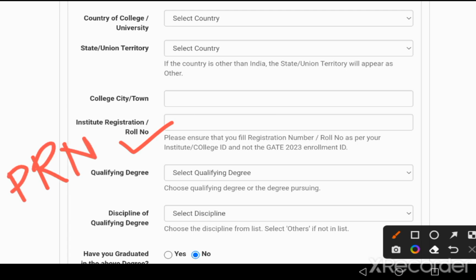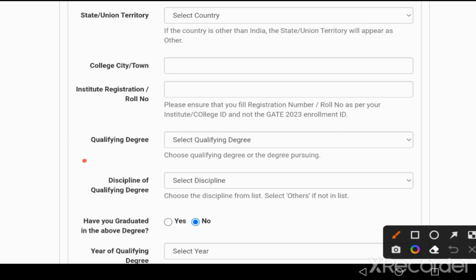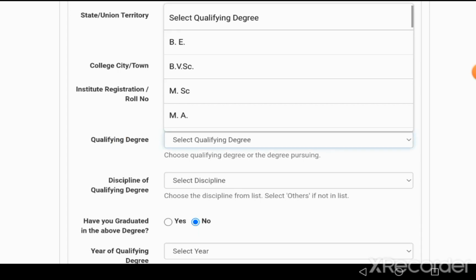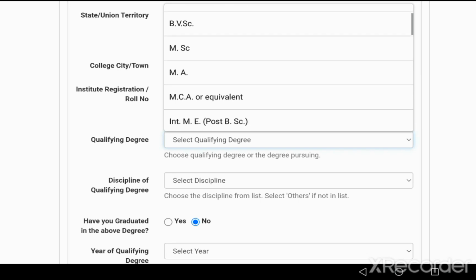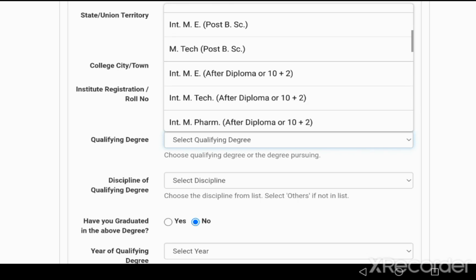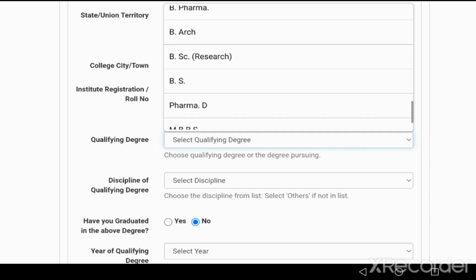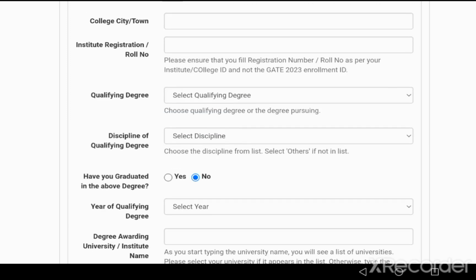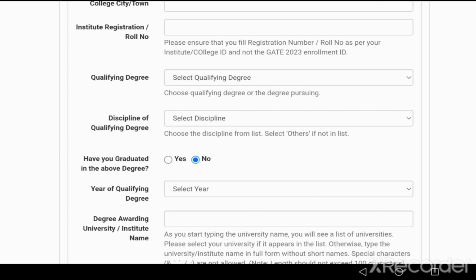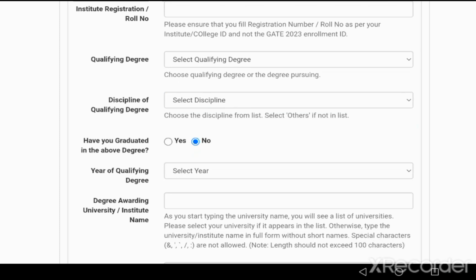Then qualifying degree, in which degree you are qualifying; there are a number of options available: BE, Bachelor of Engineering, MSc, MA, MCA, ME, MTech, all from which you can apply for the GATE examination. Choose your corresponding qualification degree, then the discipline of the degree, in which branch you are completing your degree, then year of qualification.